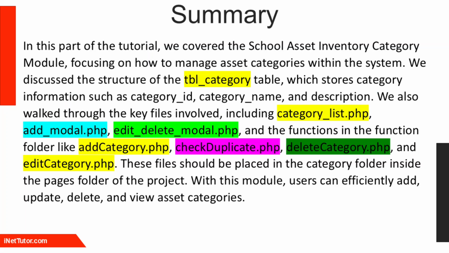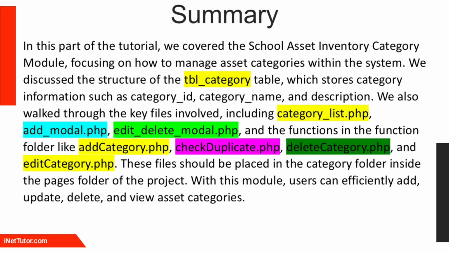In this part of the tutorial, we cover the School Asset Inventory Category module, focusing on how to manage asset categories within the system. We discuss the structure of the TBL_category table, which stores category information such as category_id, category_name, and description. We also walk through the key files involved, including category_list.php, add_modal.php,